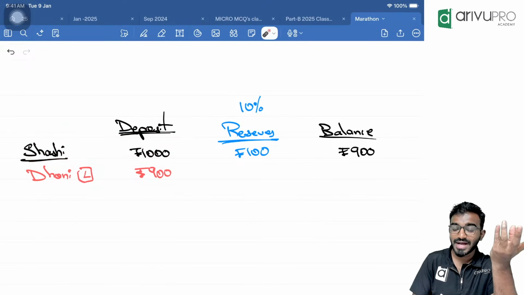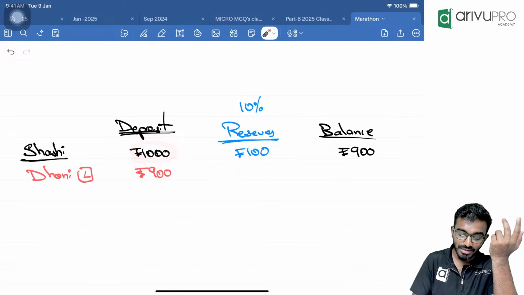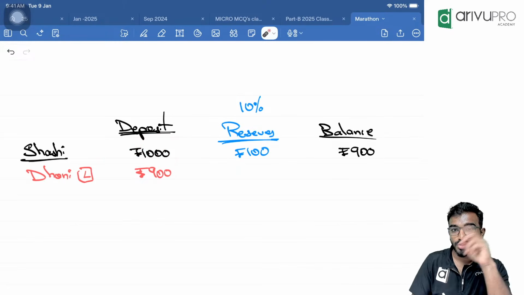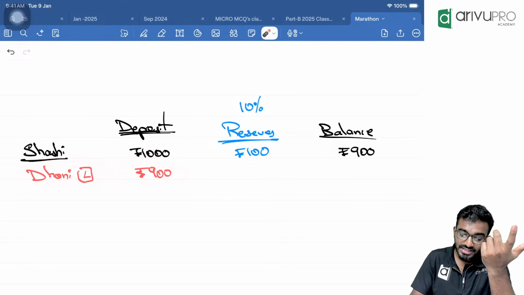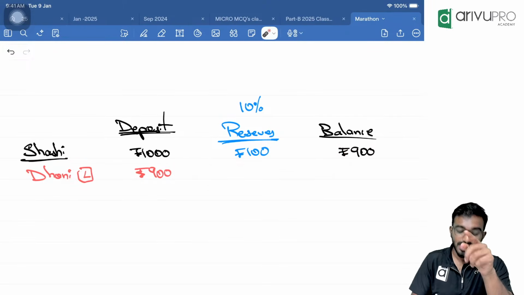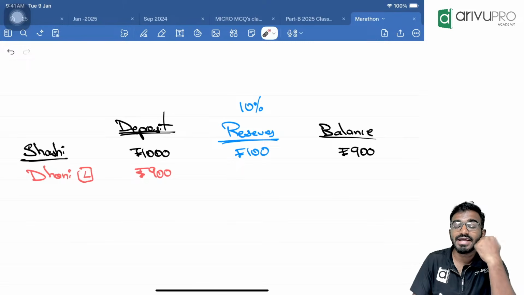But in reality, the bank has only an asset of 1000, but a liability of 1900. So 1900 liability, 1000 asset, an extra 900. Where did this come from? That is what this is: credit money. This doesn't have any kind of backup or reserve. This is credit money created by the commercial bank in the process of lending and borrowing.